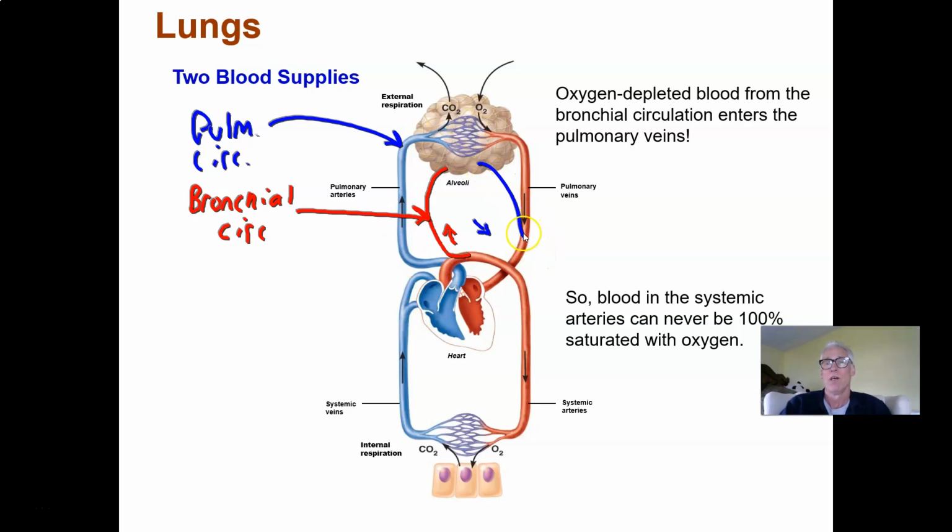It joins in with the blood of the pulmonary vein, the oxygenated blood. So we have some already depleted blood mixing in with the rich oxygenated blood from the lungs as it enters the left atrium. So technically, the saturation of hemoglobin in the systemic arteries can never be 100% because we're mixing in some blood that has already been extracted of some oxygen by tissues of the lungs. Another interesting point of trivia, not only is there no way to have 100% saturated blood in the systemic arteries,